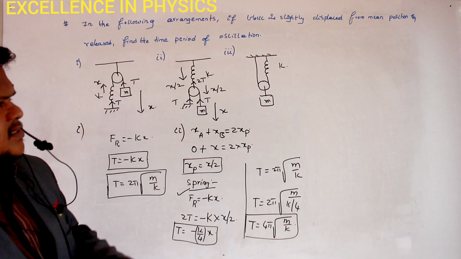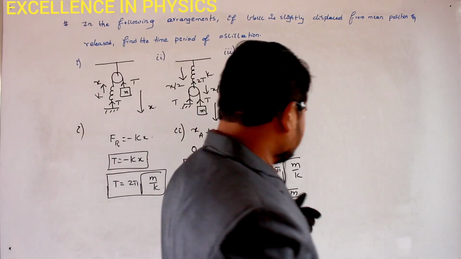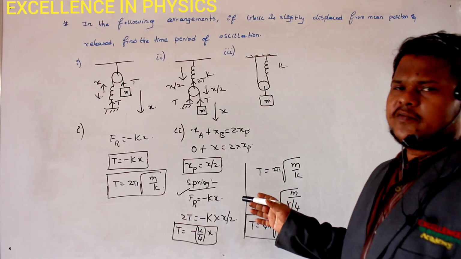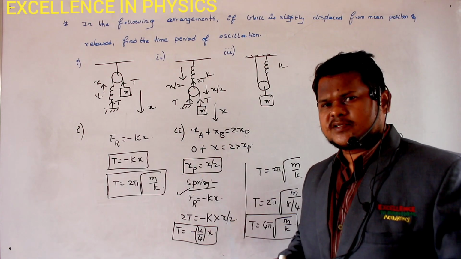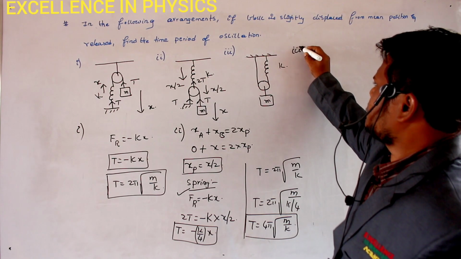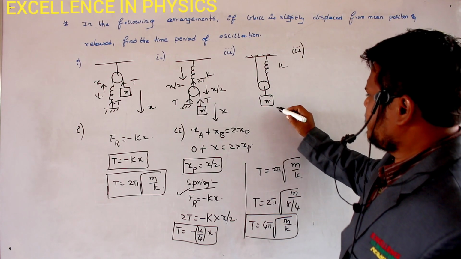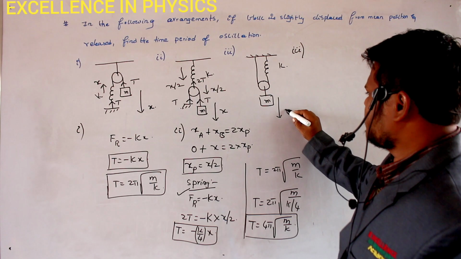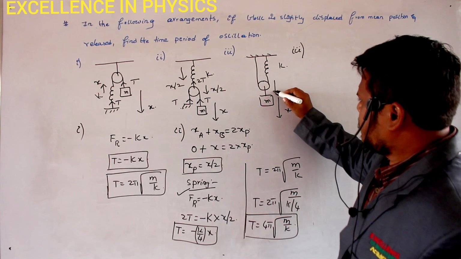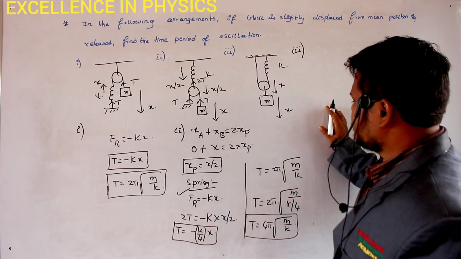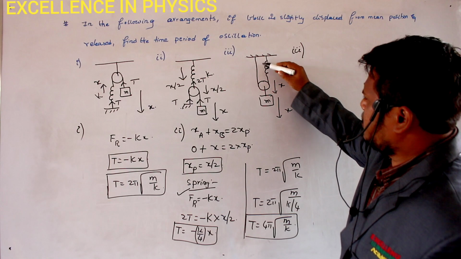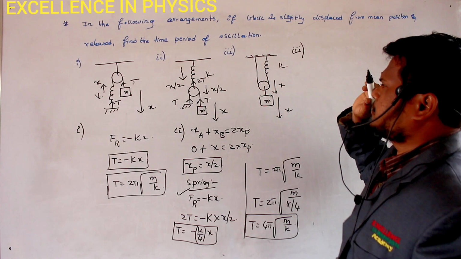Clear? Now let us see how we can proceed for the third question. For the third question we will proceed in the same manner as in the first and second processes. Let us see. So now we are doing the calculation for case number 3. Here let us assume this block has gone down by a distance of x. Then definitely the pulley also goes down by the same distance x only. Why? Because these two are attached to each other. Then what is the elongation produced in this spring?